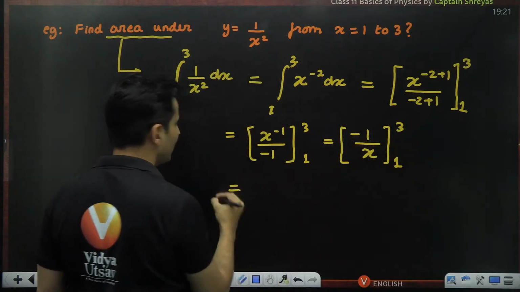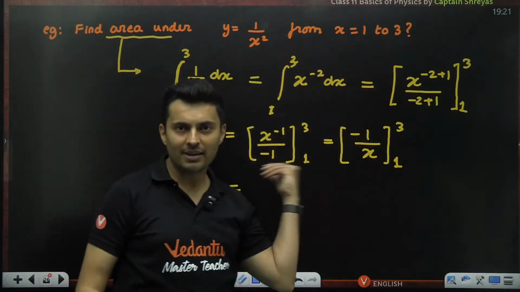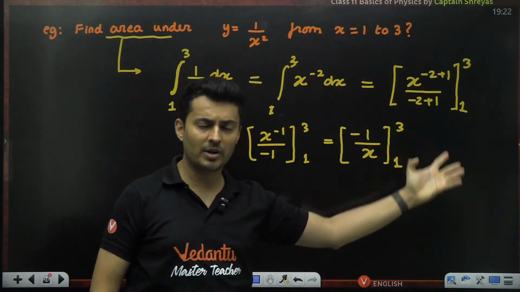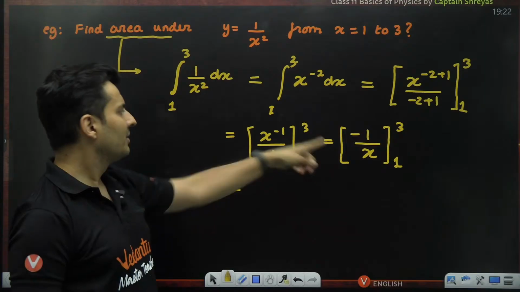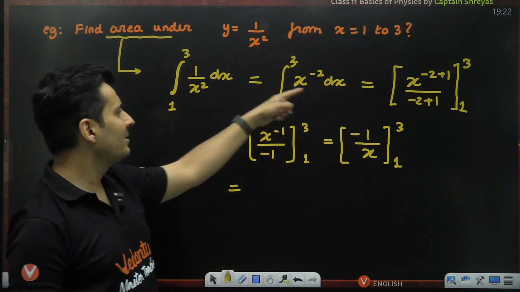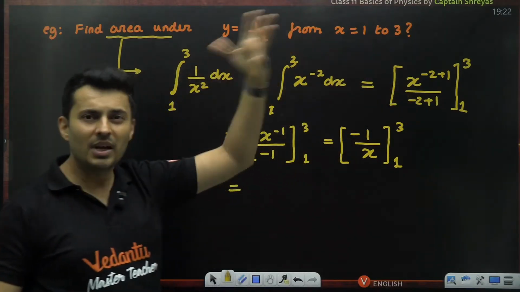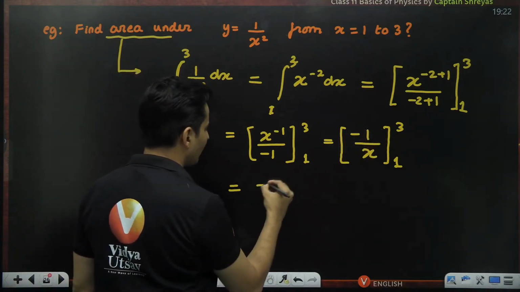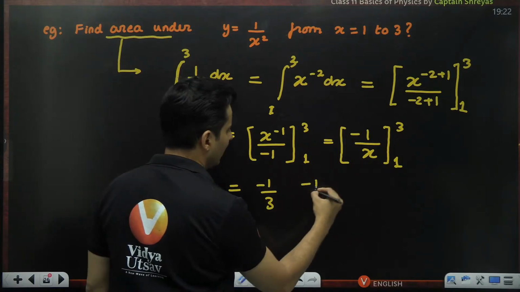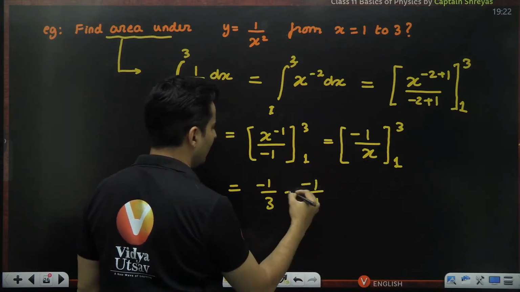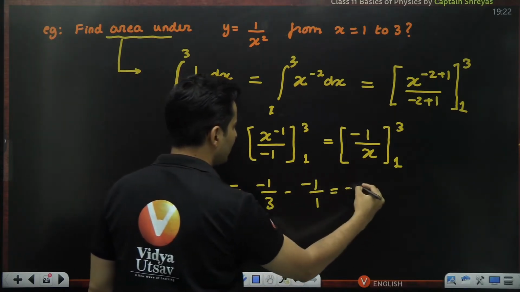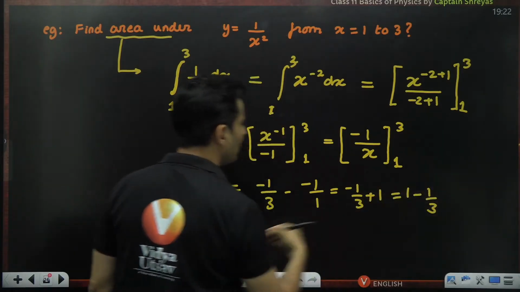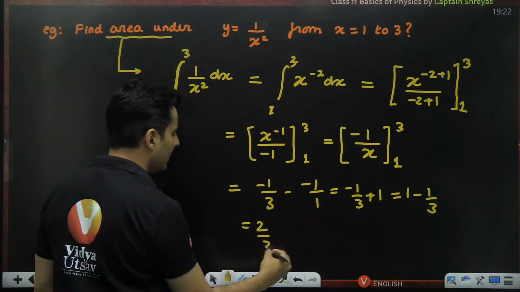Now put the limits. See, all this was simplification till here. I had to carry forward those limits with the square bracket representation till this point, because now it looks good to solve. Otherwise, substituting might make you confused. So now put the value of x, which is 3, then put the lower limit, which is 1, then do the subtraction. So it is minus 1 by 3 plus 1, or 1 minus 1 by 3. 3 minus 1 is 2. So it is basically 2 by 3.